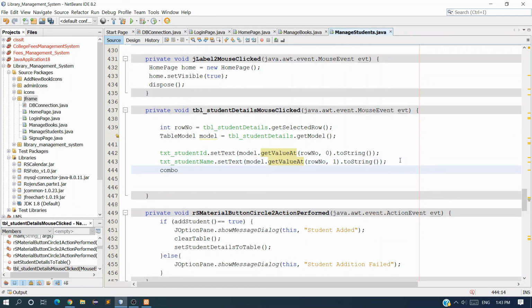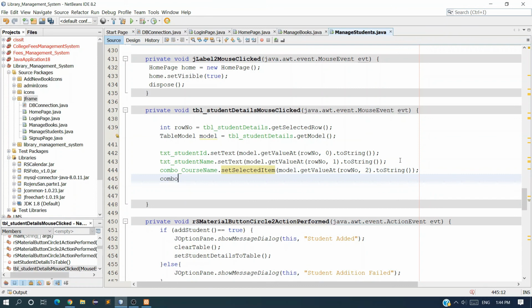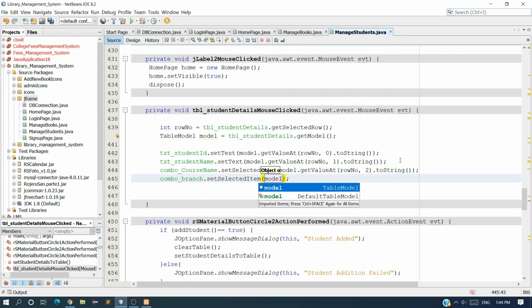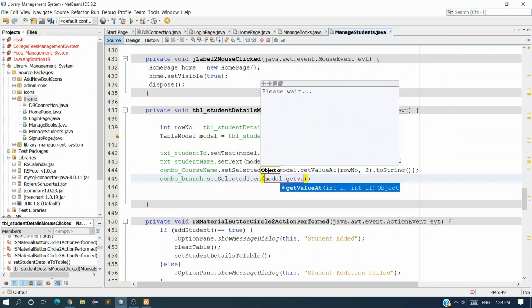So combo course name dot set selected item is equal to model dot get value at row number, and here we have to enter 2 dot toString, and the next combo box is combo branch dot set selected item model dot get value at.